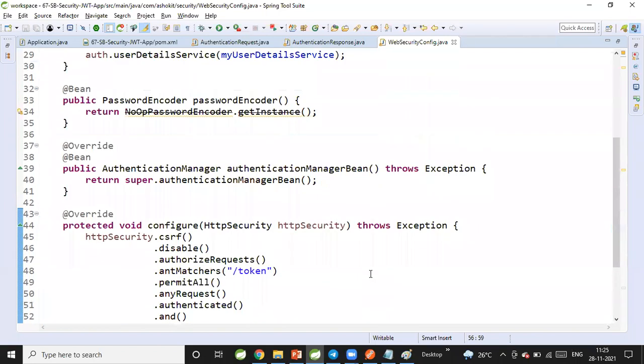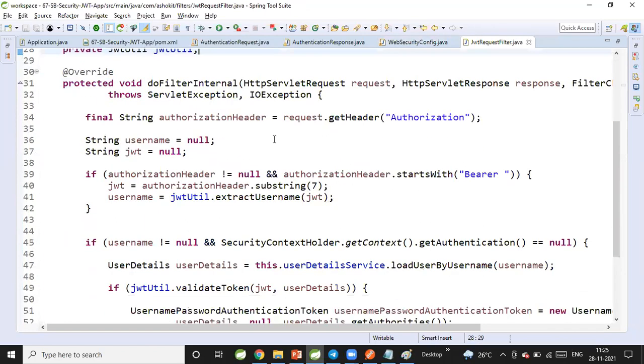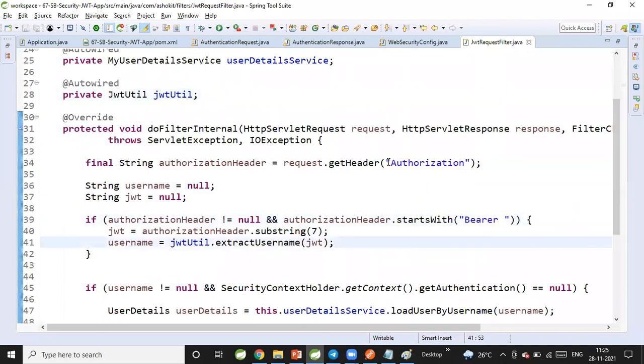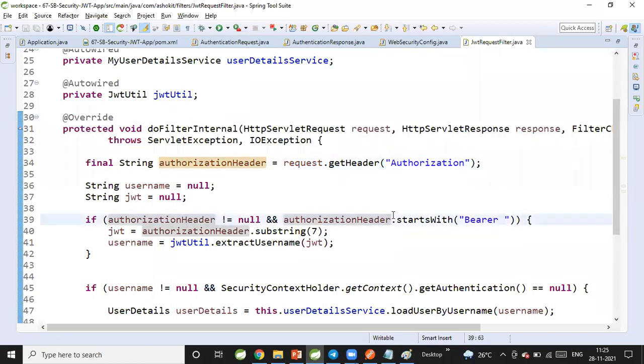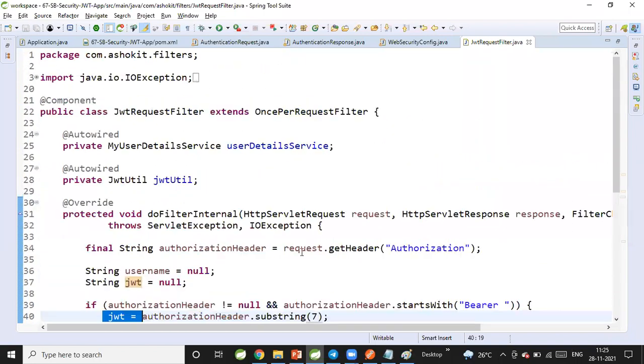So how is the JWT token working? Here we are adding the JWT request filter, one of the classes that we have implemented. Here I have given Bearer. I'm going to extract the header in the doFilter method. I created a JWT filter, a normal filter. In that filter, I am reading the authorization header data, which starts with Bearer and a space. I'm removing that. Bearer is 6 characters plus a space, 7 characters. I'm removing that Bearer space and getting exactly the remaining value, the token value. I'm reading only the JWT token by using this filter.